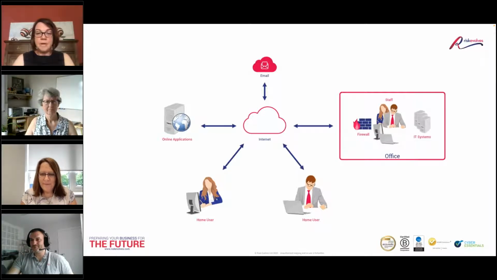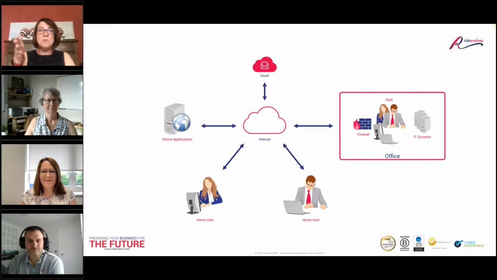So if you're looking at the pink box, that's like your office environment, your castle, that you're protected, and you can almost imagine, if you imagine your office environment being a castle and the internet being the road that runs past your castle, you need the road to come into your castle in order for traffic to come in and out. So what you would put in place is maybe a bridge, which was like the router, which is the end of the internet connection into your castle. And then you need to protect it so things can't just come in and out when you don't want them to. And that's where the firewall comes in.